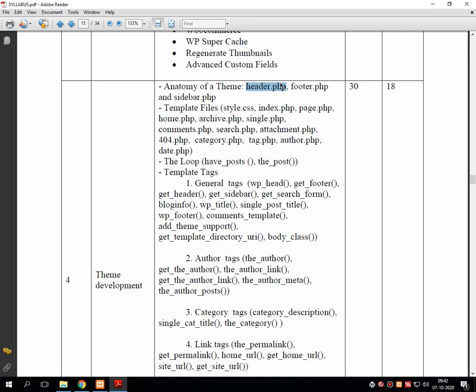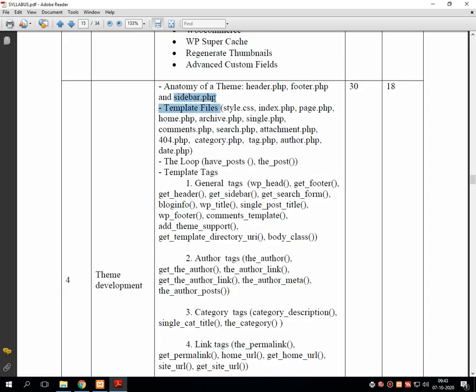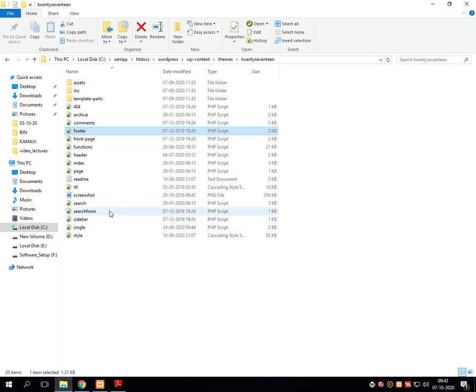This is already pre-installed in my system, that's why I am taking that example. Then there is footer.php, it's there. Then sidebar.php, it's there. So all these three files, header, footer and sidebar, are in this theme.